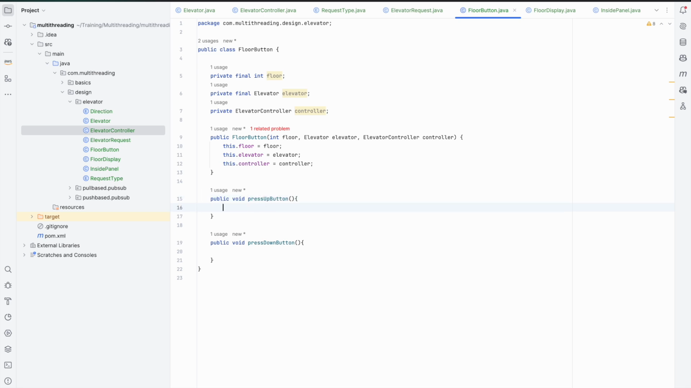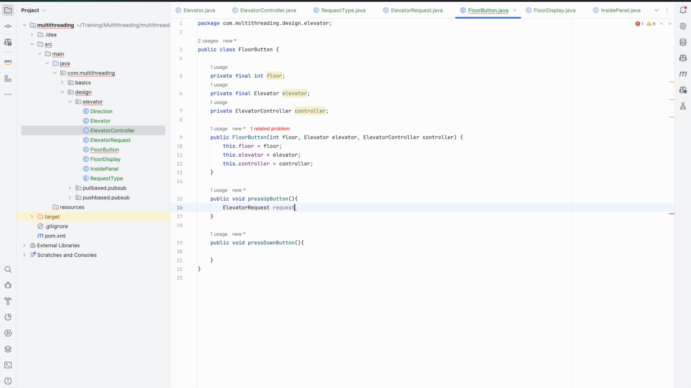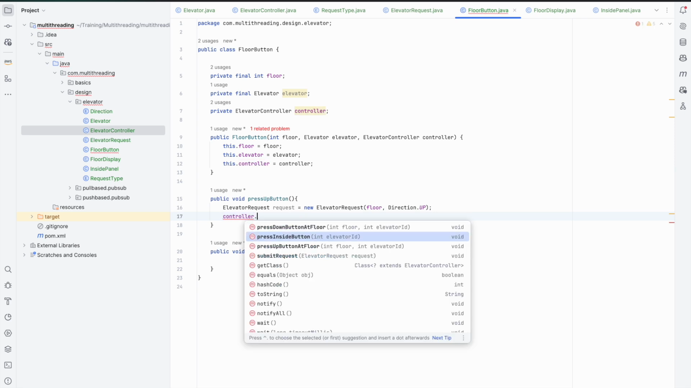Okay, now what is there? On which floor it is, we already know. The elevator request has to be created, right? The elevator request, and for which floor it is. For example, the floor button is for any floor, and it also has to specify the direction. Since we already have the different up and down buttons, we can easily specify the direction, that is up, and here we can just say press up button and submit